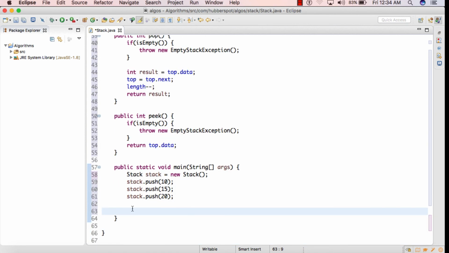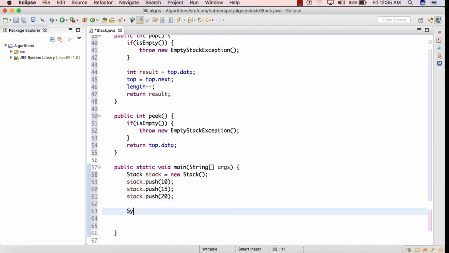So friends, here in the stack we have pushed 10, 15 and 20, and we know that initially top pointed to null, and as we inserted the data 10, it pointed to 10. Then as we pushed the nodes 10, 15 and 20, we know that top points to the last inserted node.